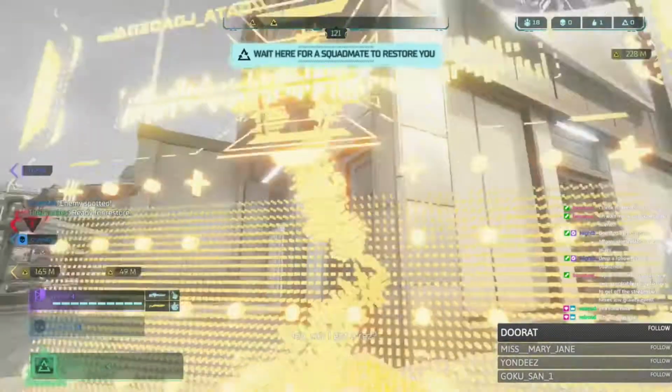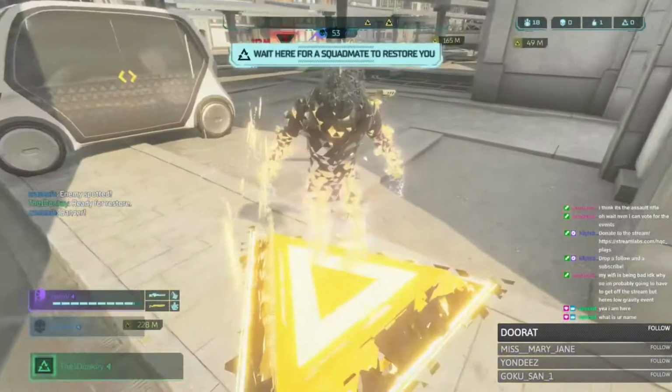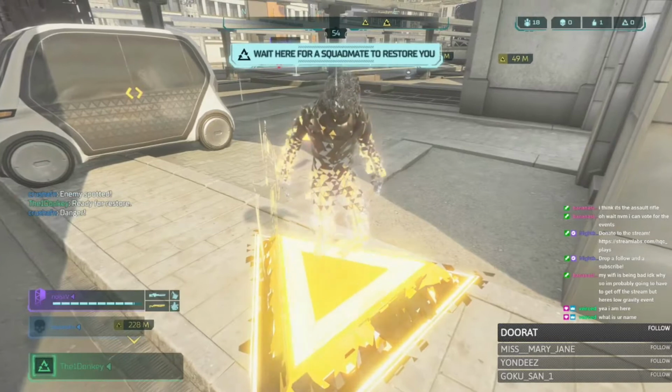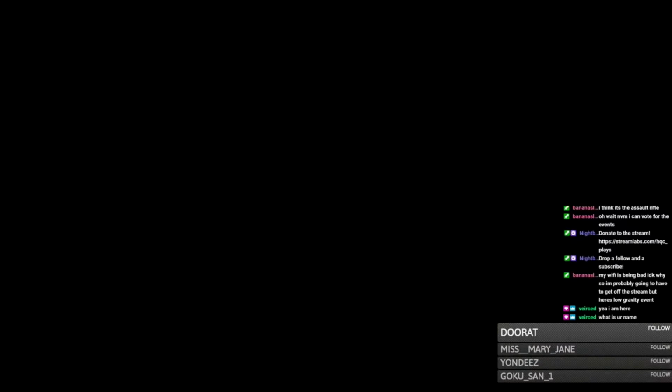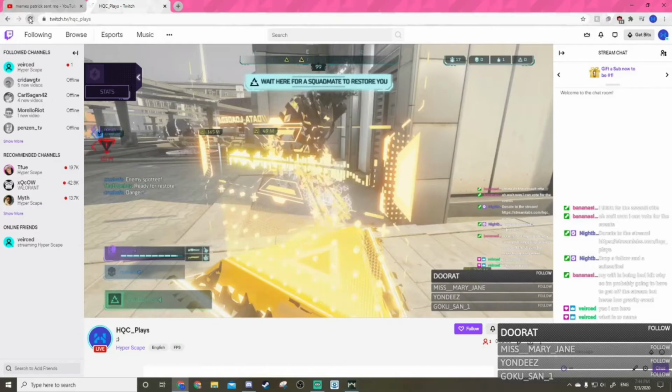Now let's talk about the revive system. Upon dying, you turn into a spooky ghost with the same movement capabilities that you did while you were alive. You can still ping to your teammates, and your teammates can still see you. The only thing is, you don't...